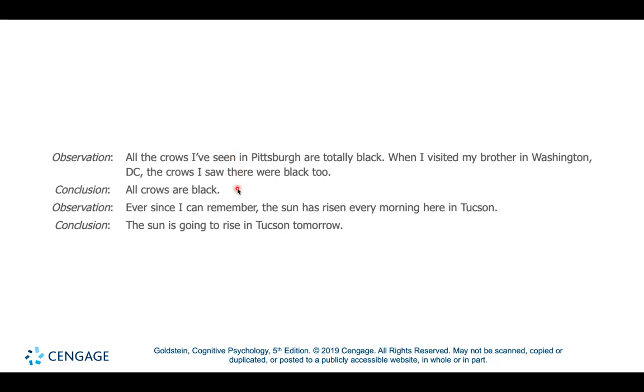Versus the first example, where, okay, we saw some crows in Pittsburgh, they're all black. We saw some crows in DC, they're all black. But we haven't seen crows anywhere else. And furthermore, there's no way that we saw all the crows in Pittsburgh, and there's no way that we saw all the crows in DC. So while our conclusion that all crows are black